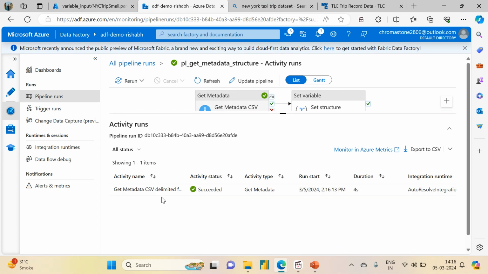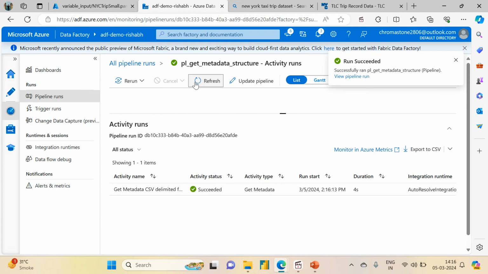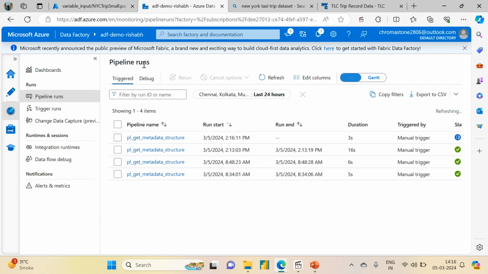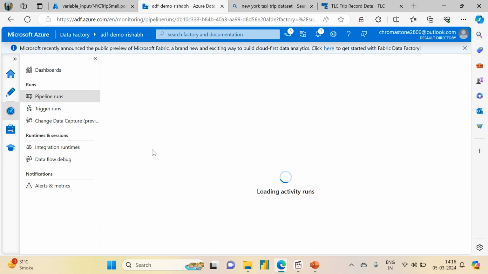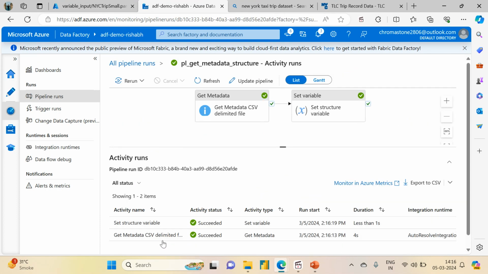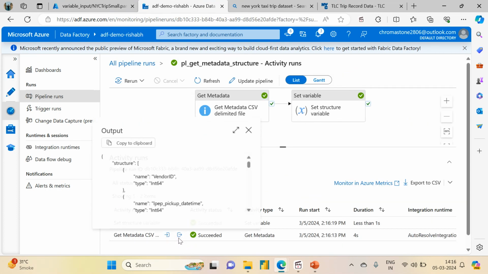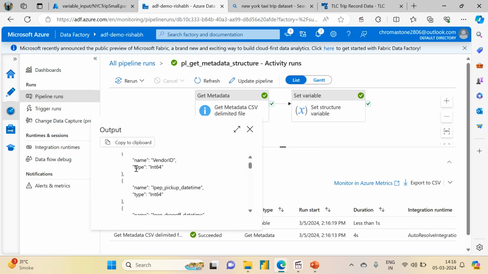Okay, ideally you should change the name of this activity, but I will show you why I didn't do it. Go ahead. Yeah, so now if you see the structure, it is same as before, but now the type is